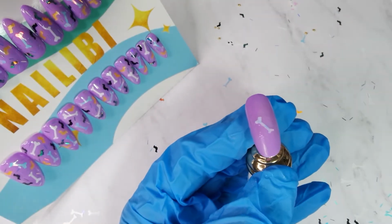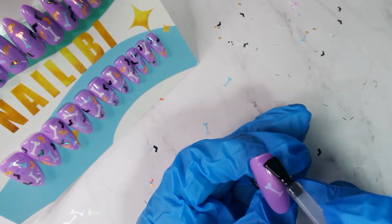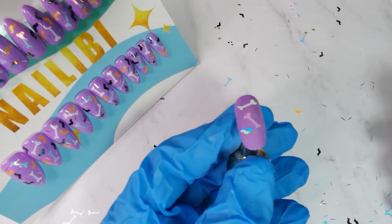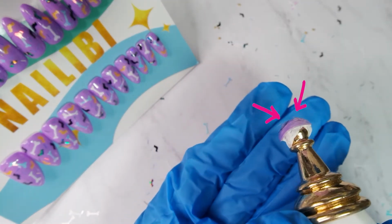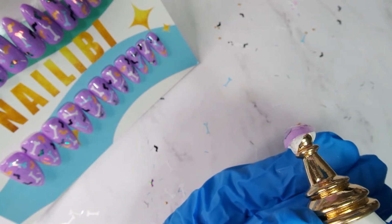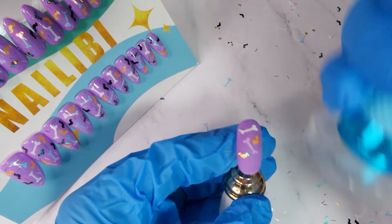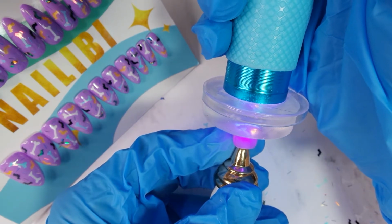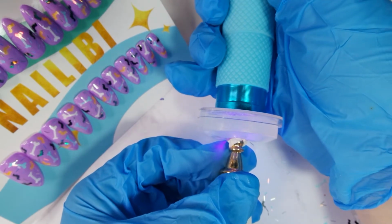All right, back to our original nail that we didn't mess up on. So we're going to go ahead and put another thin layer, really thin, of gel there so I can put a few more pieces on there because I really want to pack this with a bunch of chunky glitters. And look at that. Look at all those things sticking up that normally are just a pain in the butt to encapsulate or get rid of. Not anymore, my friends. So with that thin layer and all your glitters in there, I'm going to put the light on for a few seconds first to really start setting them in so they don't slide around. And then in a nice controlled motion, I'm going to press into that nail